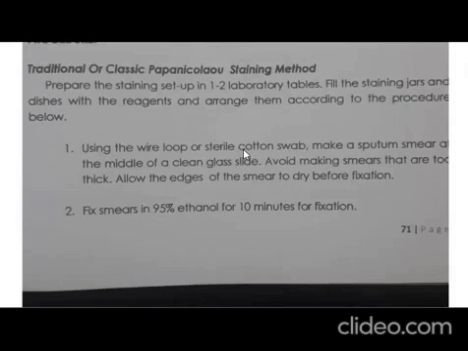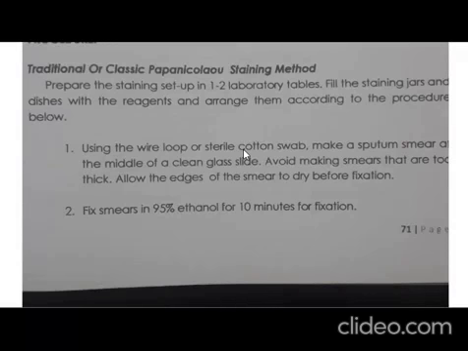So the first one is fixation. The second one is nuclear staining. The third one is cytoplasmic staining. And the fourth one is clearing. So you can actually group the steps into 4. Again, you have your fixation, nuclear staining, cytoplasmic staining, and clearing. So what we do here first,